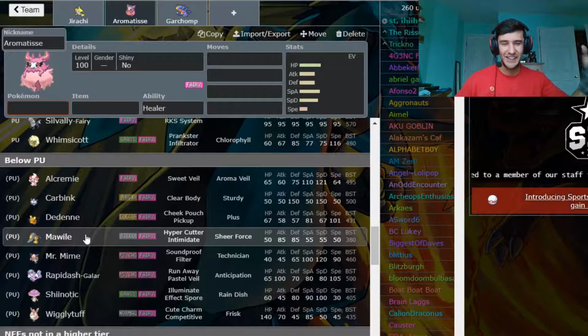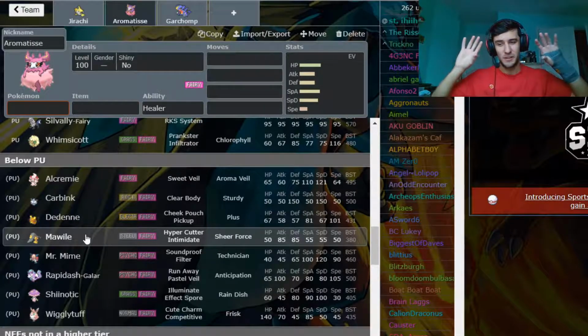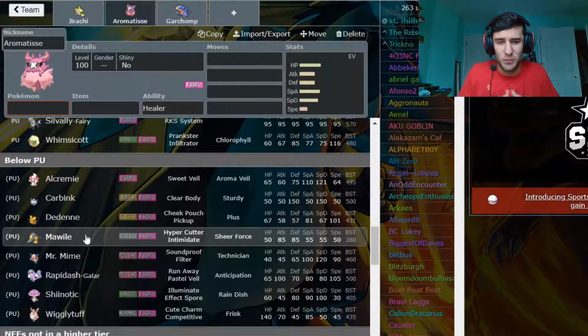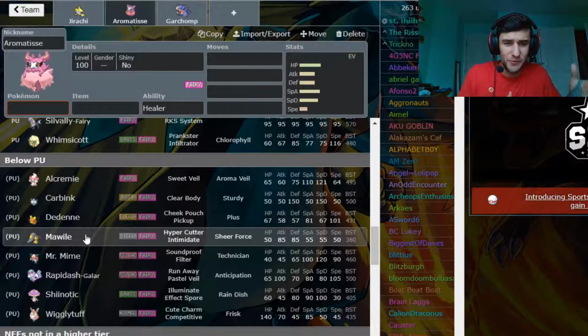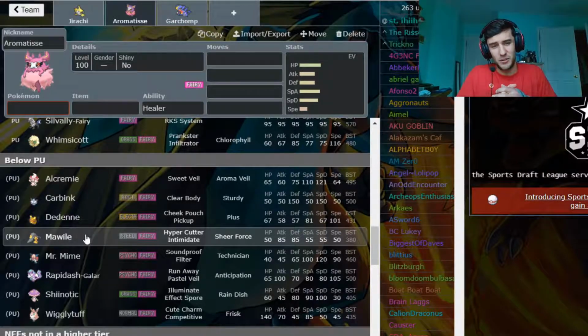Mawile is a fairy and a steel. If you're getting Mega Mawile, that's different because he has a lot more bulk, but regular Mawile is often so underwhelming with like 50, 55 special bulk, and it's a little more physically bulky, especially with Intimidate. But